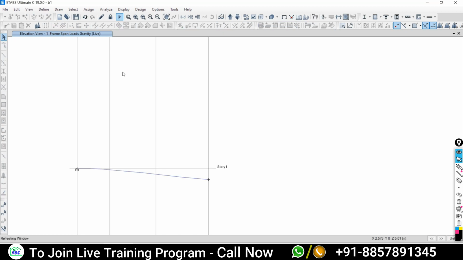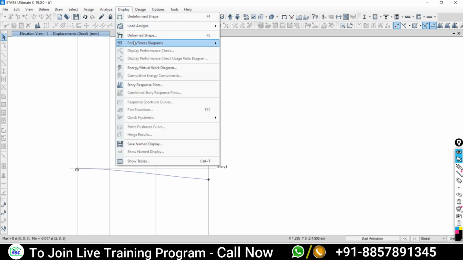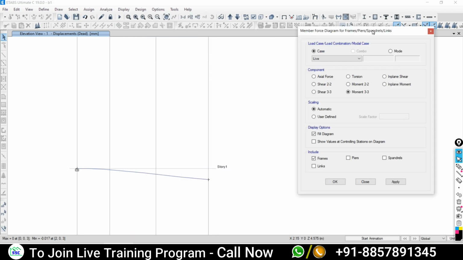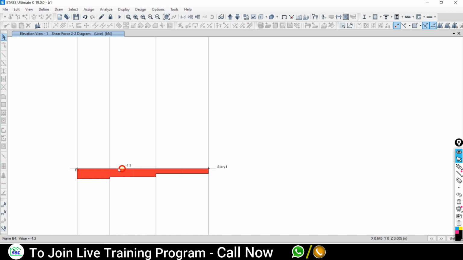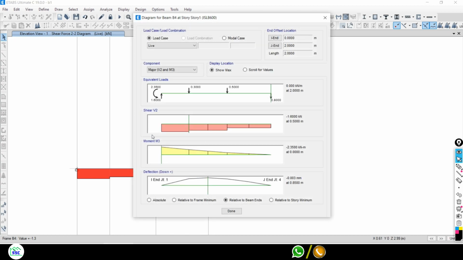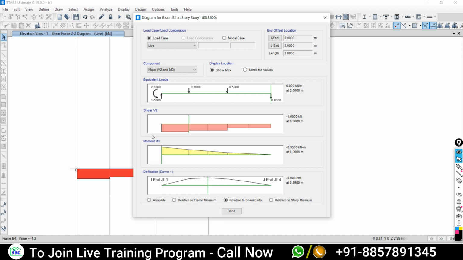Everything is similar to the previous action, but see, go to display, go to force stress diagram, go to frame spindles. Now I would like to see the shear force. Say apply. If I right click over the element, the complete result is there at once.